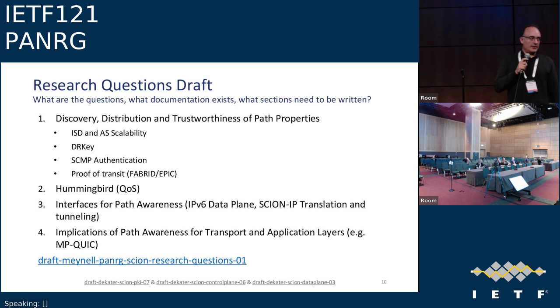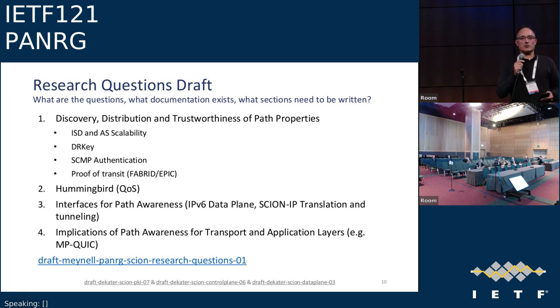All right, so whilst we've been focusing on documenting the core Scion components that are specified in these three drafts that have been presented by Nico, the Scion community has also been working on a number of other elements that are not essential to running Scion, but which could be supported in future. So there's also some ongoing research into some of the core elements of Scion that can be documented. So rather than